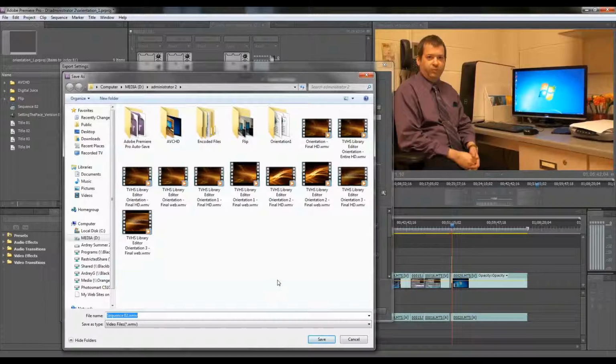So just a little add-on for you there, that doing it to this type of file will save you time, because you won't have to go through the process of making the actual DVD. You still have that option, obviously, if you want to make a copy for yourself to take home. So just one more option for you here in terms of our tools that we've got set up for you